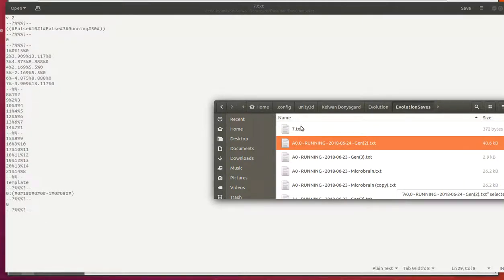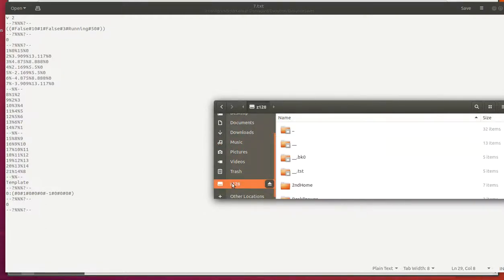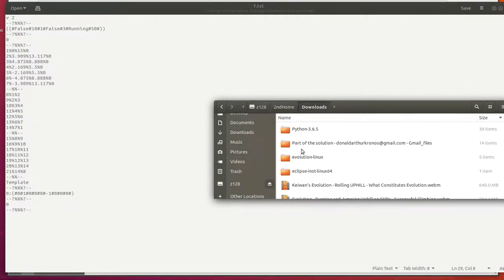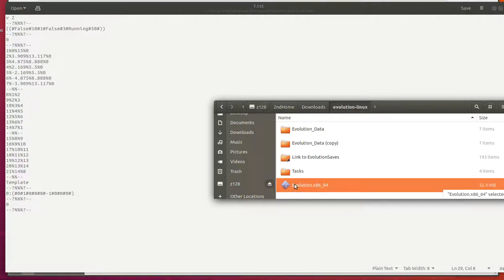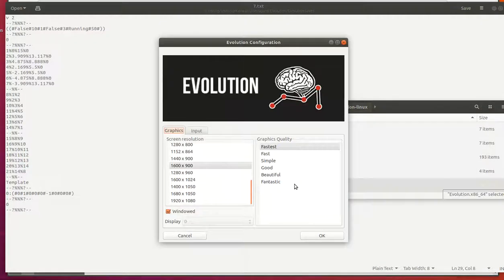And where is it? Gotta find where I put the program. Here it is. It's in second home, downloads. There's my evolution program. So running that,